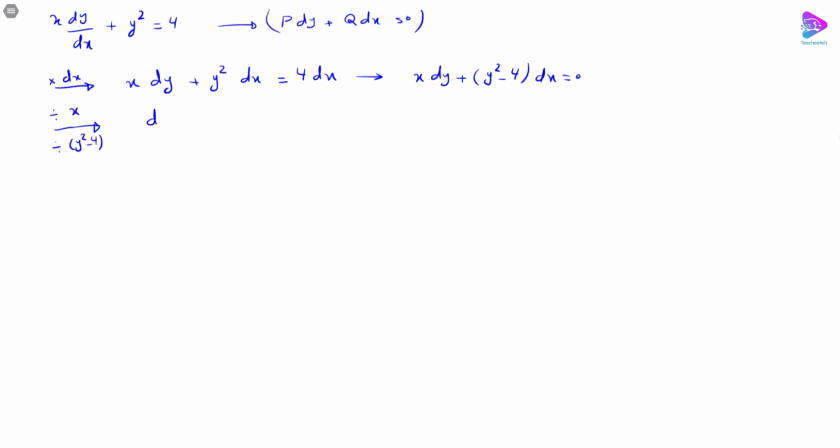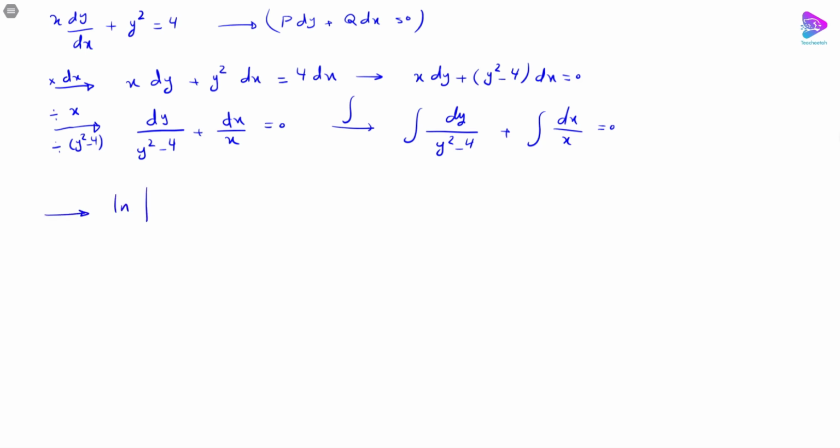So we're going to end up at dy over (y squared minus 4) plus dx over x equal to 0. So this is easily solvable, right? We're going to integrate and we're going to end up at